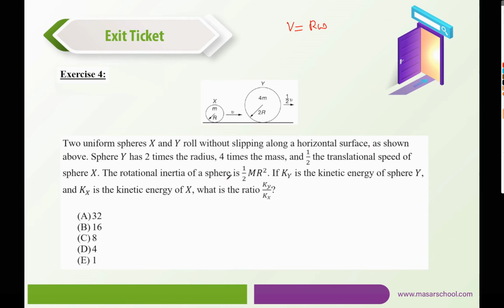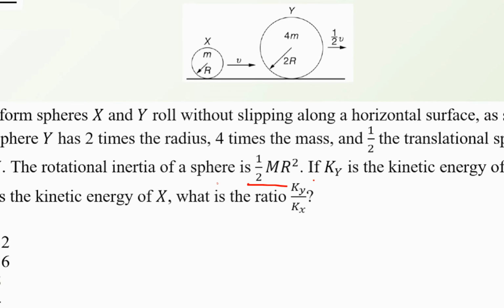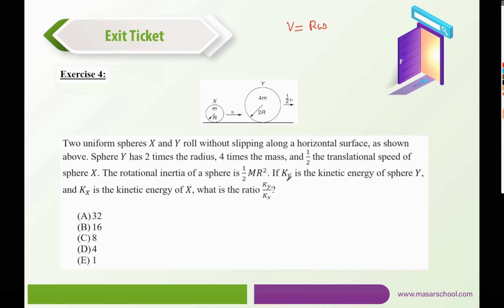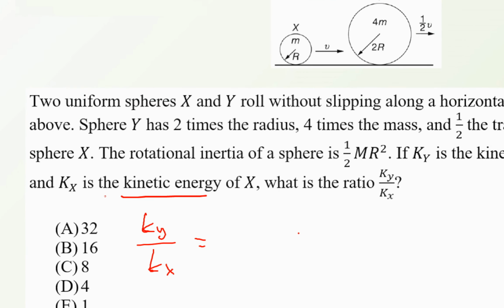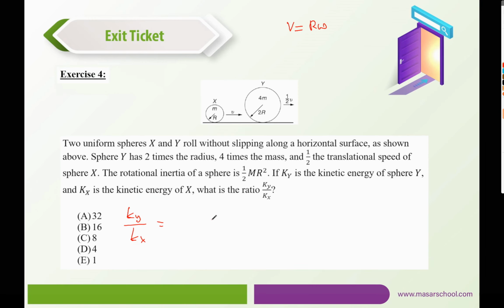The rotational inertia of a sphere in general is given by half m r square. If Ky is the kinetic energy of sphere Y and Kx the kinetic energy of X, what is the ratio Ky over Kx? So here they're talking about the ratio of the kinetic energies. They didn't mention which kinetic energy they mean specifically, so we need to include both translational and rotational. So that would be half the mass of Y, which is 4m,